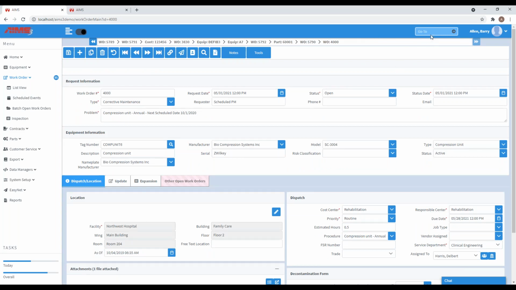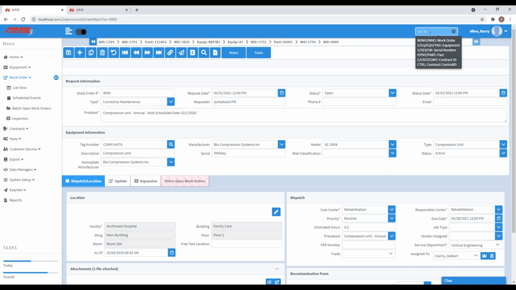How do you know what's allowed? If you hover over it, you'll see a series of different prefixes that we allow depending on your preference. Some people will find some things easier to remember versus others, so we give you a lovely variety of options there. So you can jump to a work order, equipment. If you only have the serial number, you know that happens all the time, you can actually type in